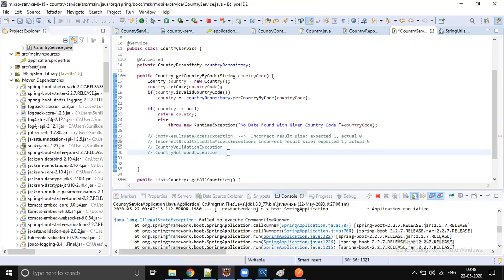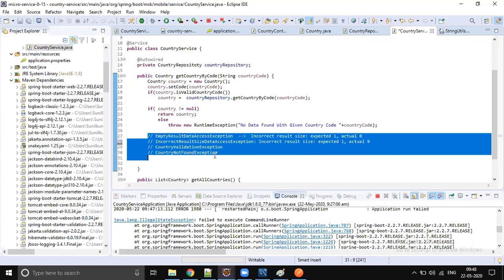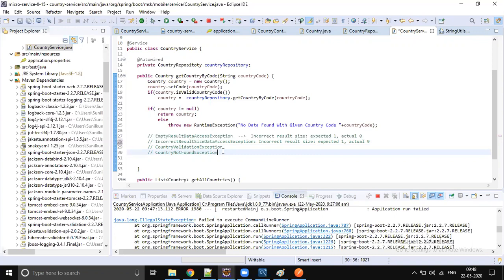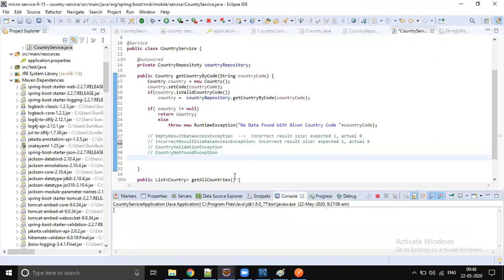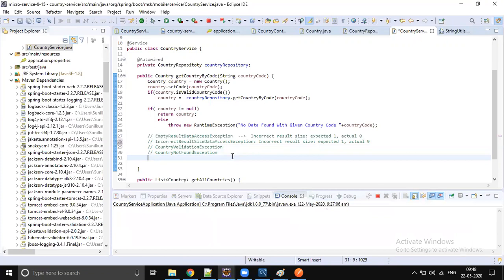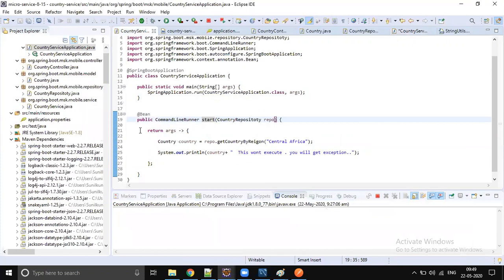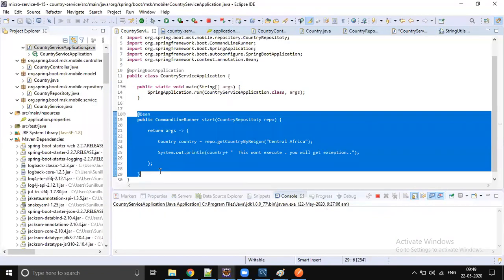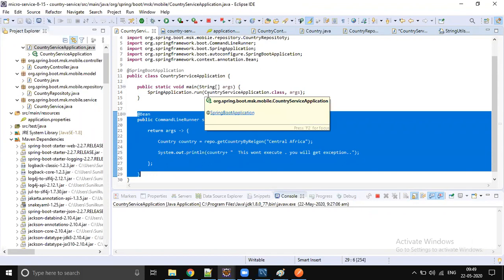Any doubts with respect to this exception handling? Sunil, but we can get multiple rows, right? So why are we throwing an exception? Okay, so you can get it, but sometimes you do expect one.